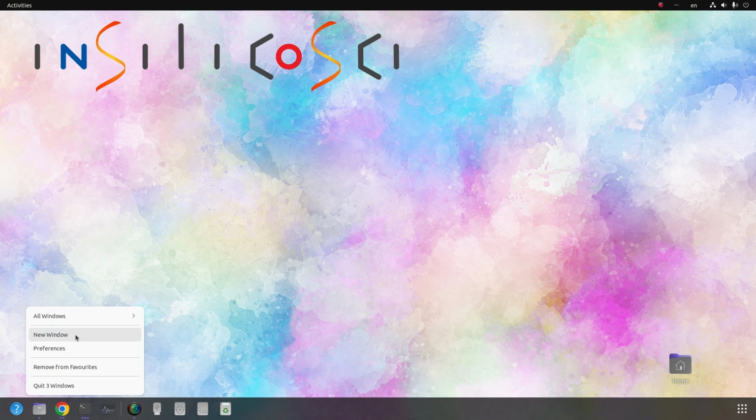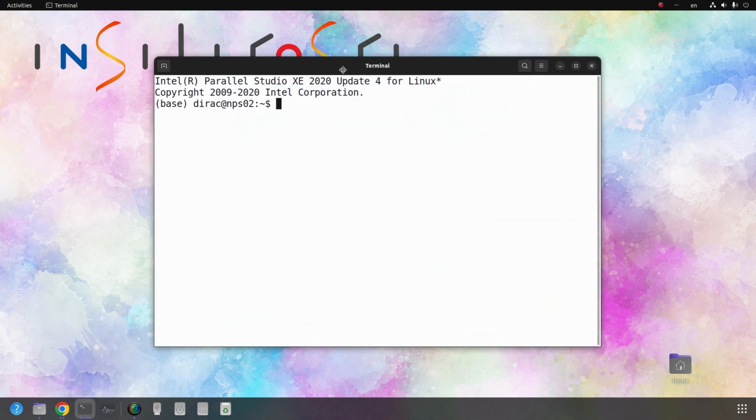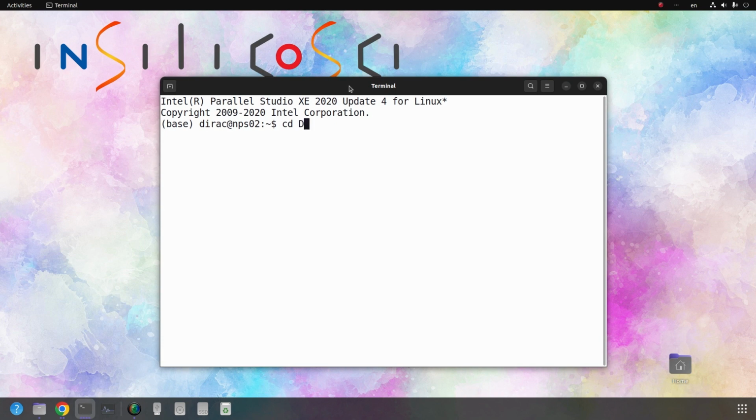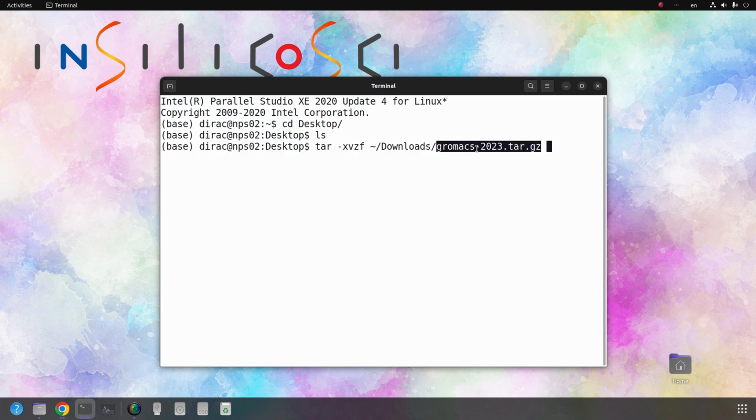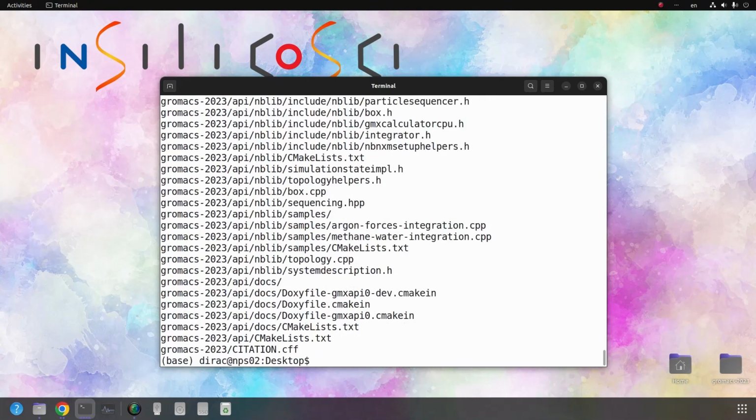I'm gonna extract the file on my desktop, so cd Desktop and then tar xvzf Downloads/gromacs tar.gz. This is the file that we just downloaded, and then as you can see, it creates a new folder on my desktop. So go inside the folder by cd gromacs-2023 and then press enter.